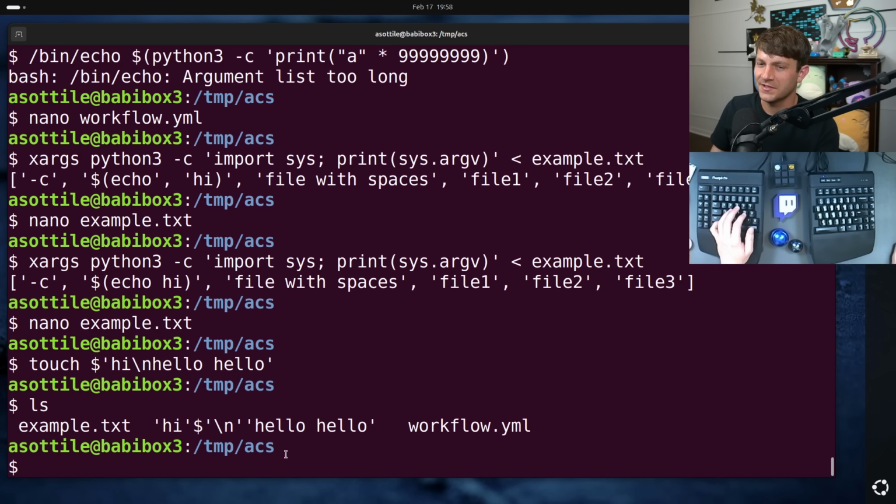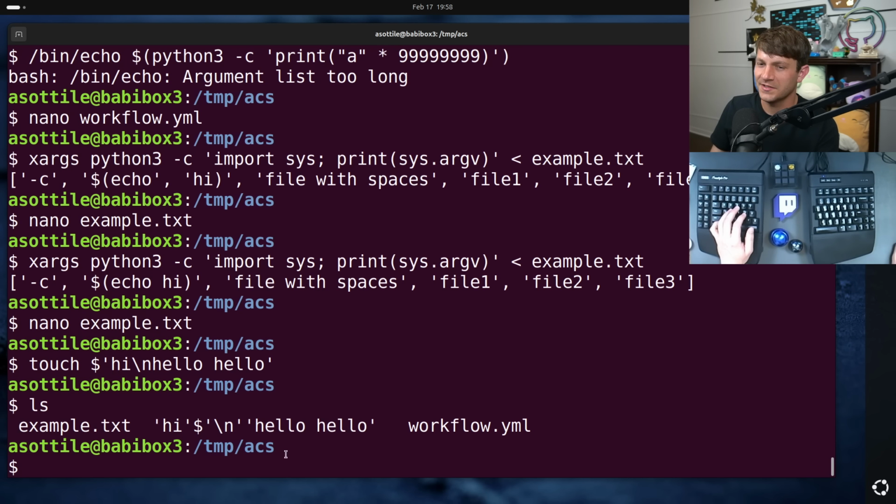I guess we get a blank string in the middle here anyway. But you can have new lines in file names, at least on POSIX. I don't know about Windows, probably not Windows, but wow, and my tab complete is broken, so I can't even rm it that way, but we can do it this way. So you can technically have new lines in file names, and so this, what I'm about to show